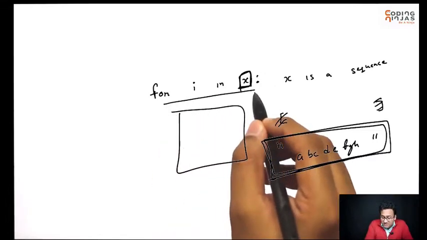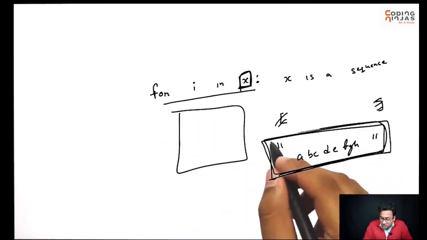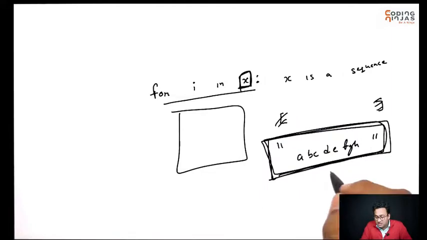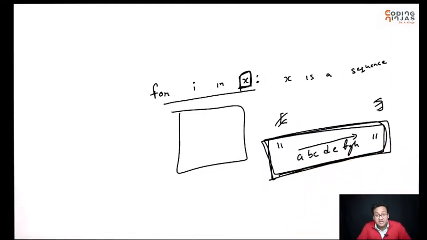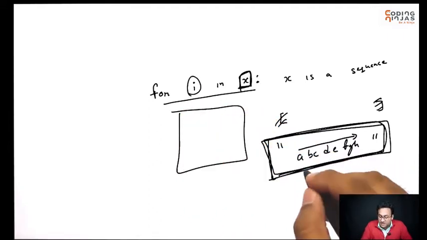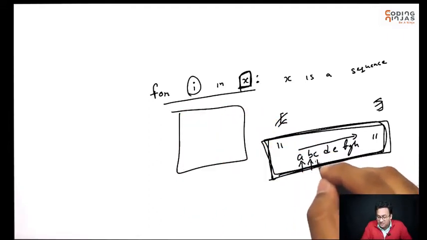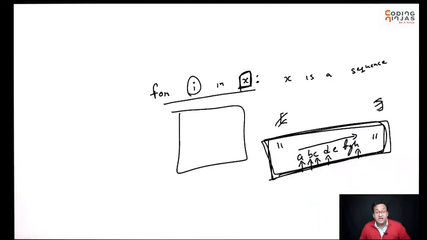So what this syntax basically means is, for I in X, in this sequence, I want to go through each of these characters one by one. So basically, I'm looping through all the elements of my sequence. I will first take A as a value, then B, then C, then D. I'll go till H, and then the loop will stop. Okay, so pretty straightforward, a very intuitive way of running a loop.